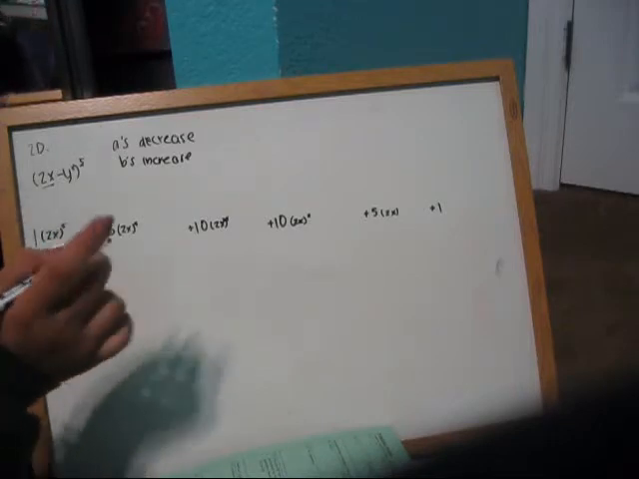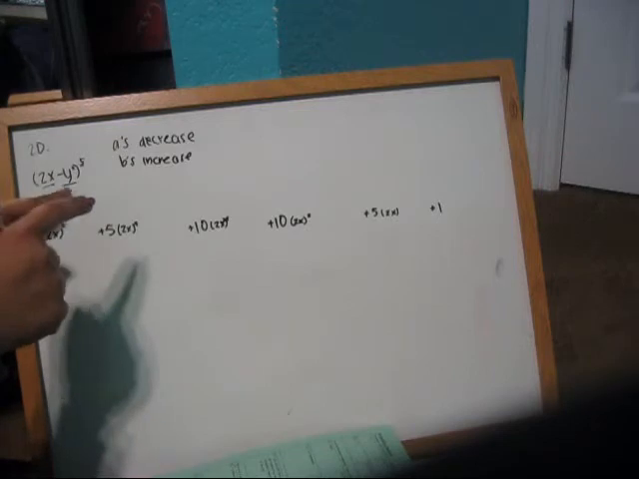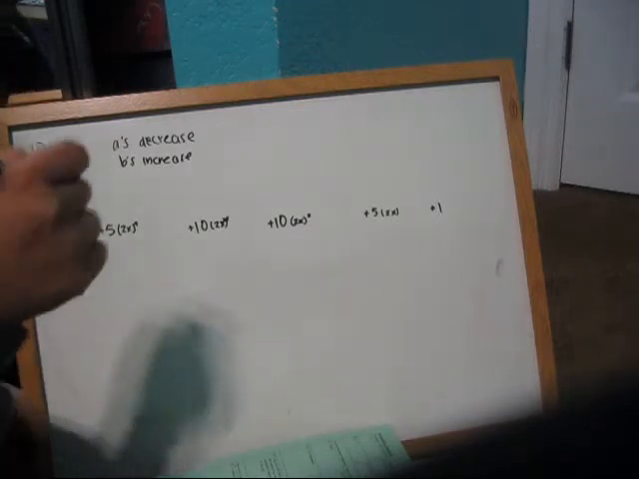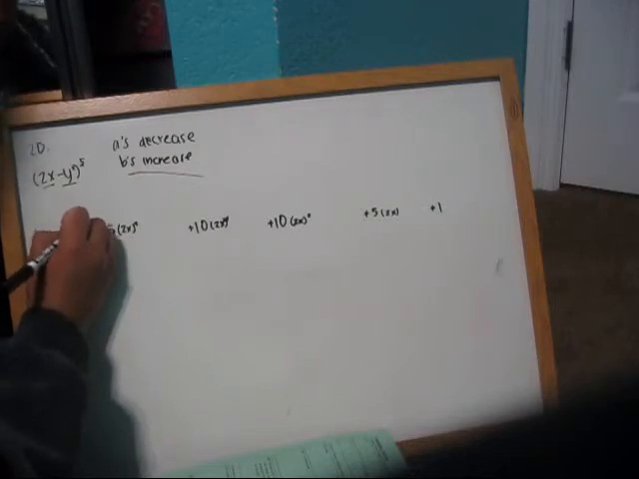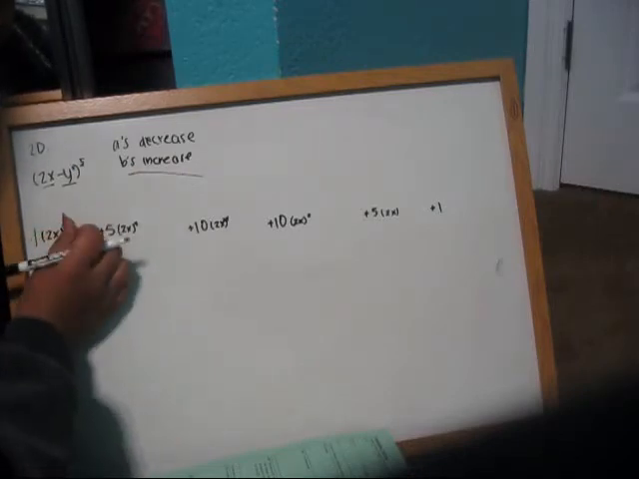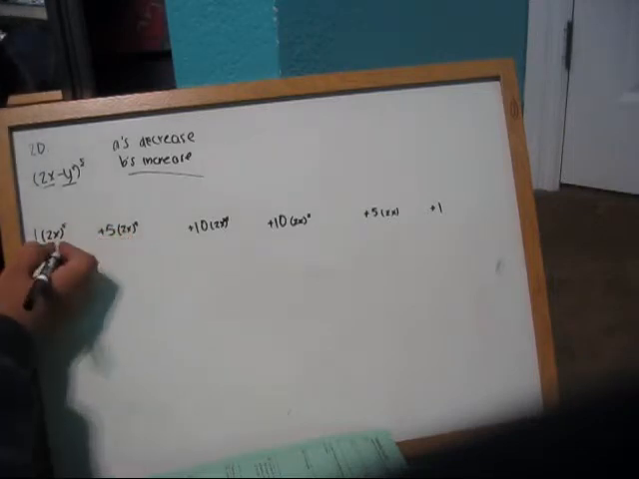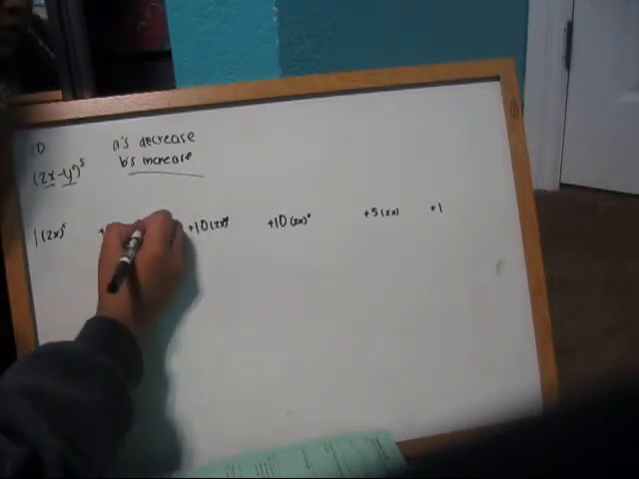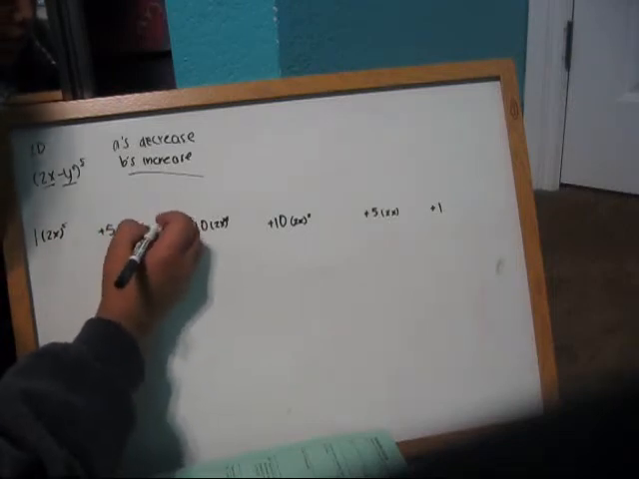Then you go to your b value, which is negative y cubed. So remember, b's increase, so negative y cubed to the 0 power, so you don't even have to write it down because it's just going to make it 1. So then negative y cubed to the